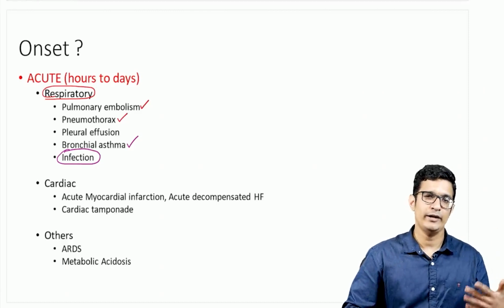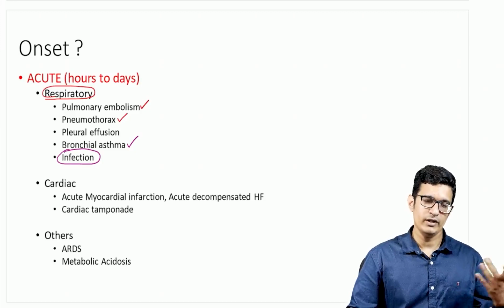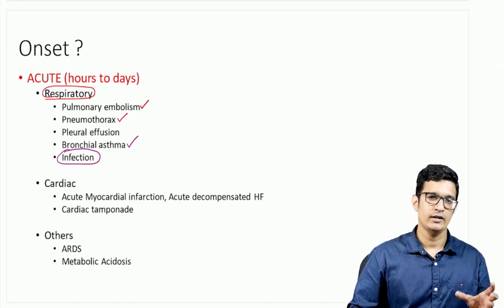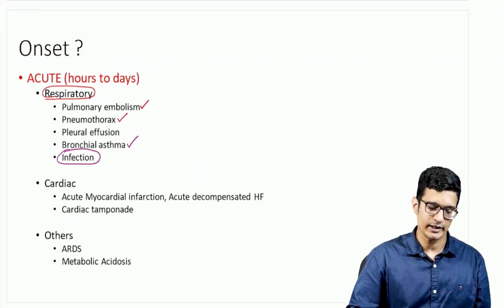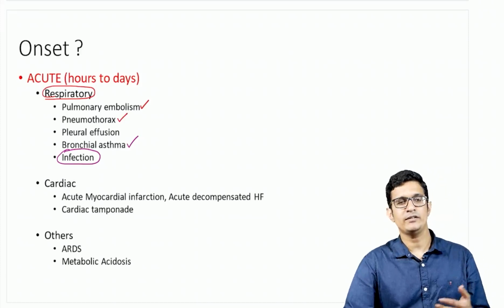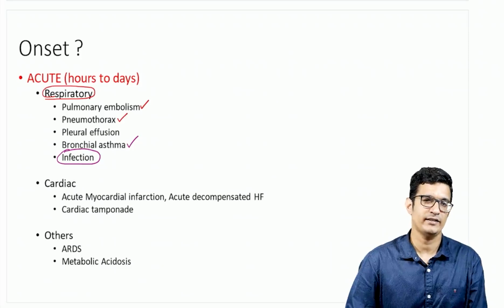and that will lead to sudden onset breathlessness because of the impaired venous return as well as left ventricular outflow from the heart, which is under an external stress by the fluid or the blood in the pericardial area. This condition is what we call cardiac tamponade. Now the other condition which could also cause acute onset breathlessness is acute respiratory distress syndrome.